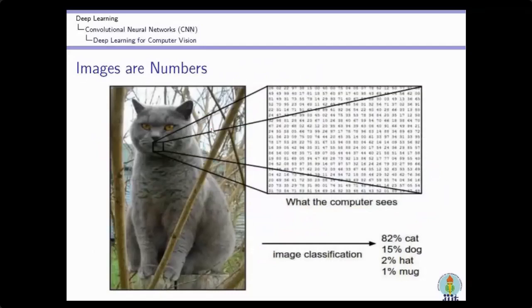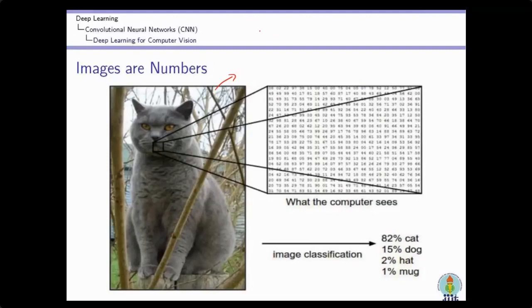Now, before understanding the image classification problem using a deep neural network, let us first understand what an image is. You can see here an image of a cat, and there are different objects also. But for a machine, this image is made up of pixels, and each pixel has a numeric value. So for a computer, this image is nothing more than a set of numbers. You can see this small portion is a set of numbers.